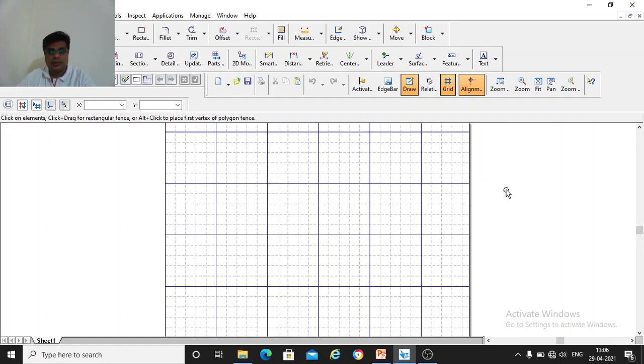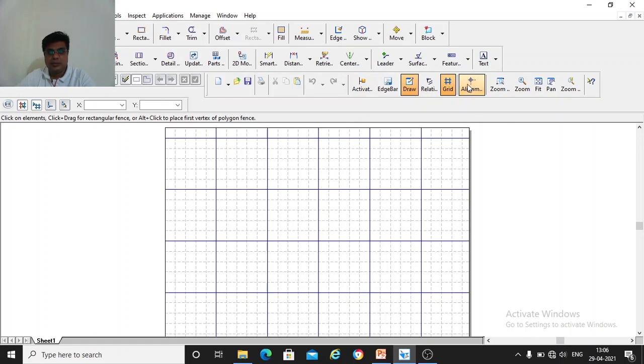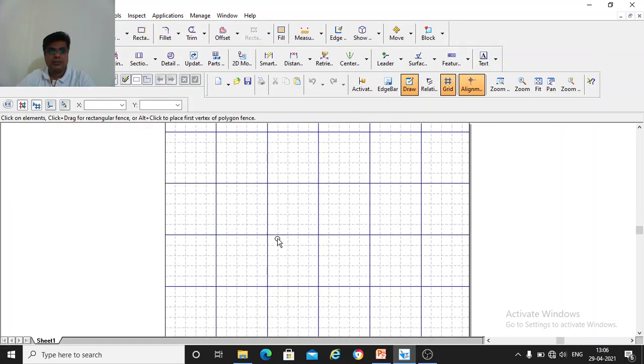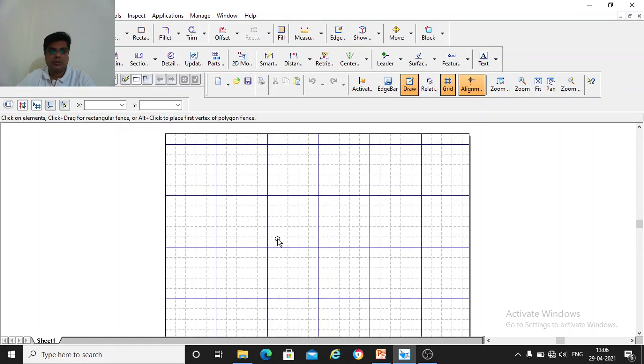Here you can see this is the drawing sheet. Assume that this is your drawing sheet. Whatever manual drawing you do should be drawn in the sketchbook. You'll have a sketchbook, and the sketchbook will have sheets like this. This is how the sheet looks in your sketchbook.